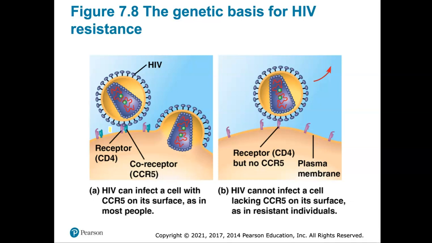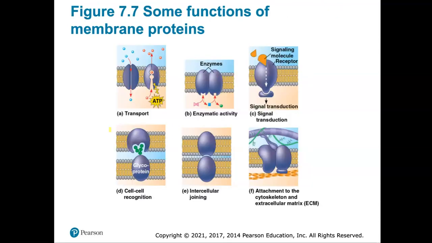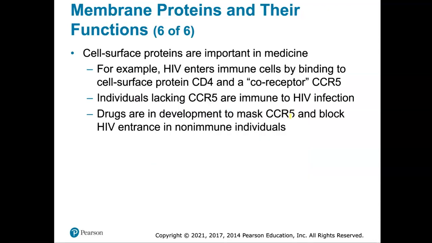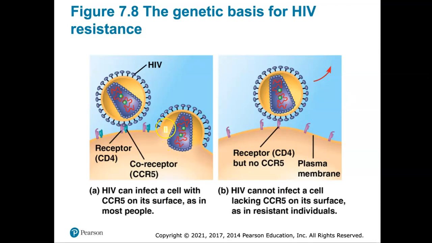So basically go back to that receptor protein. Okay, so instead of a signaling molecule, it's a glycoprotein spike that's going to attach to a receptor protein on the helper T cell. Then it's going to trick the helper T cell into engulfing and making more copies of that virus. And it's because the helper T cell has these receptor proteins called CD4 receptors and these co-receptors called